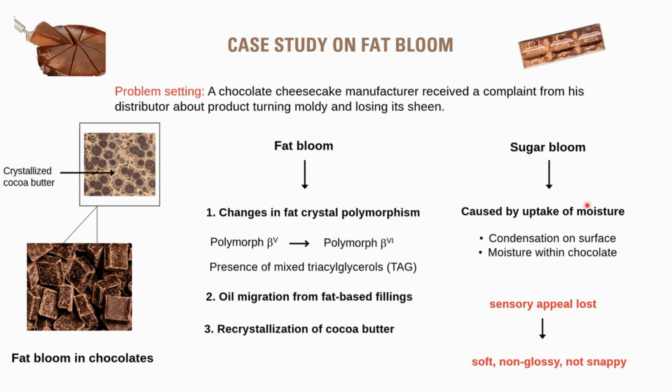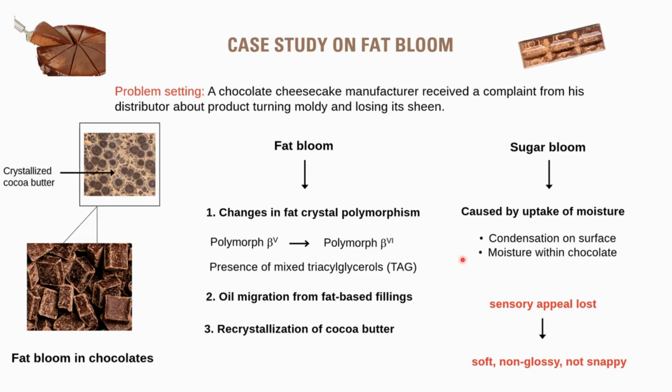Okay. The second phenomenon, which is sugar bloom, occurs when sugar interacts with moisture present in the form of condensate or present in the chocolate itself. The sugar first dissolves in water, and if there is temperature fluctuation, the water evaporates, leaving behind large sugar crystals, imparting a grainy mouthfeel to our chocolates. So, on the left hand side, you can see this chocolate has fat bloom in it. When you zoom in on a particular area, you will be able to see that the grayish white streak is nothing but crystallized cocoa butter.